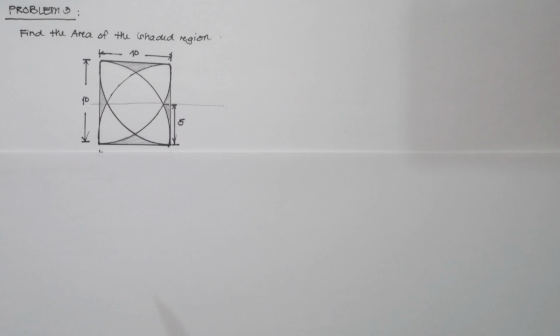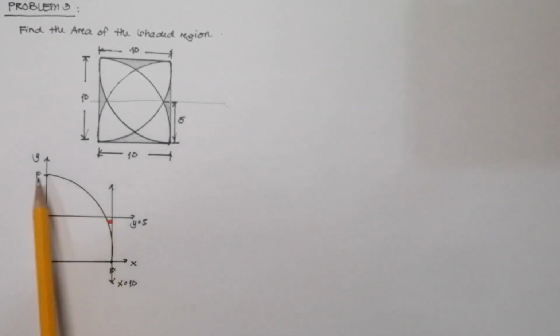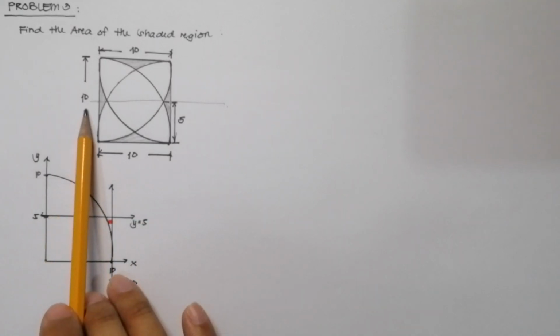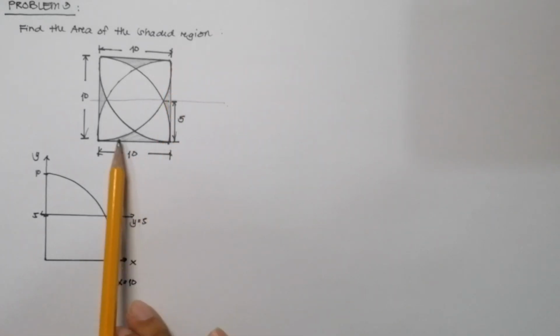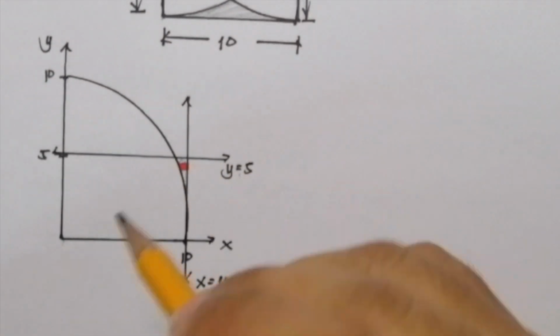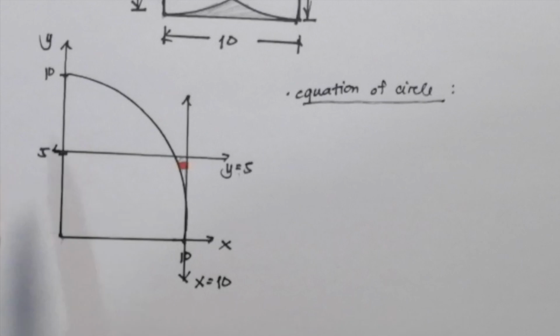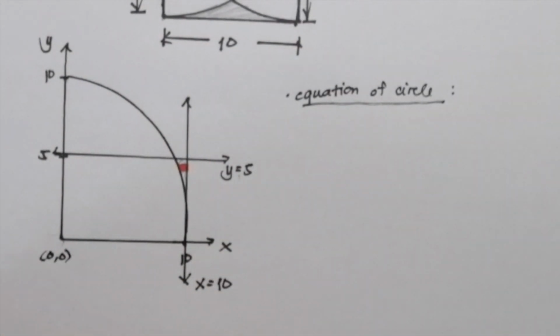By isolating it and converting it into the Cartesian plane, we can set our quarter circle and lines. So this line represents the line that passes through the intersection of the circles. And this line represents the boundaries of the circle, in which the center of the quarter circle is at the origin (0, 0). Before we solve the unknown area, we should first get the equation of the circle. So to get the equation of the circle where its center is at the origin and has a radius of 10,